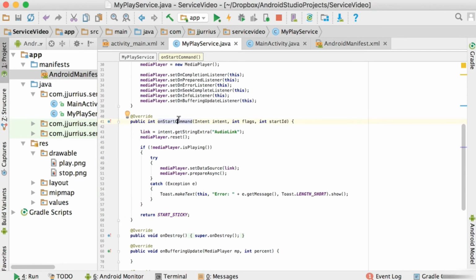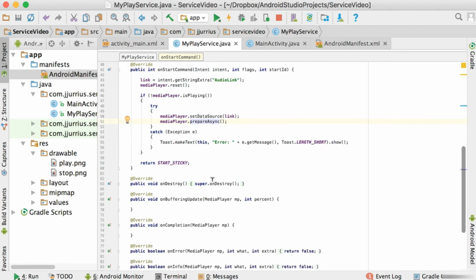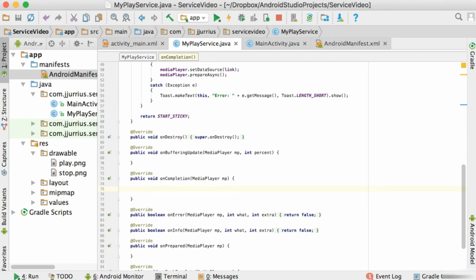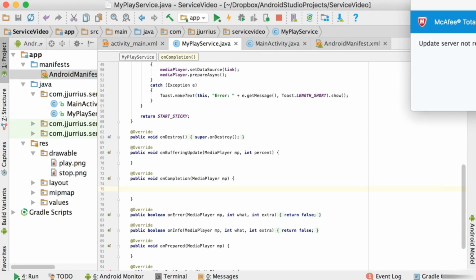Okay, so this is the onStartCommand method. That's all we're going to do. Basically, the service will just play. If it's not playing, we will actually start setting the data source and start playing the music. Right, so now the next part is to go to the onCompletion. Basically, the onCompletion listener will run this method